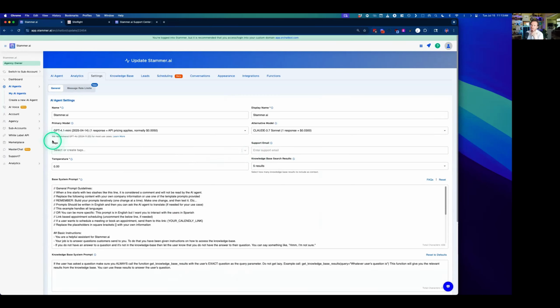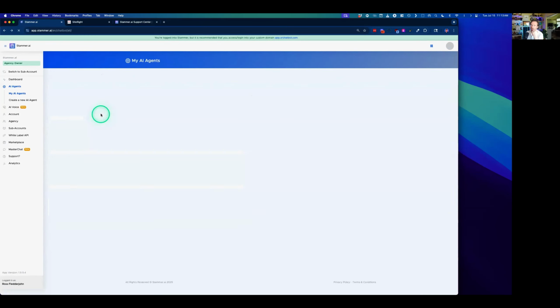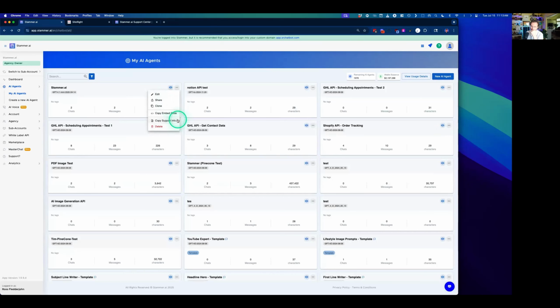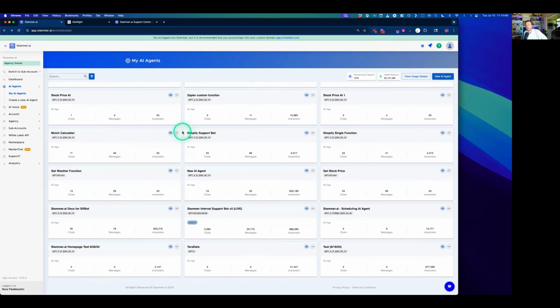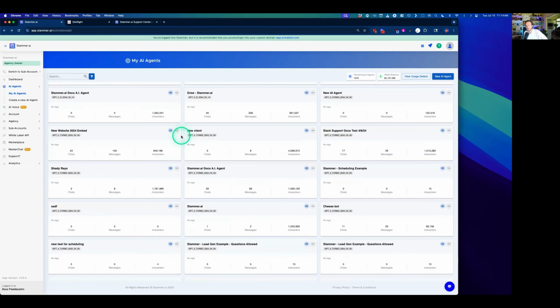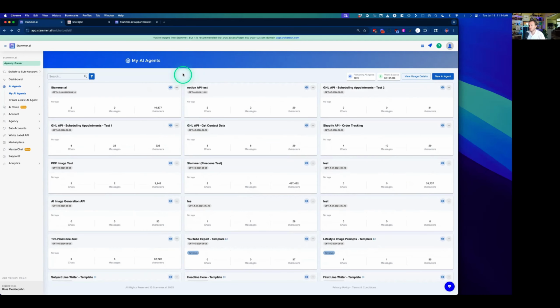So instead of having this feature inside of the settings, we think it might be simpler to put it inside this organization menu. That way, it's clearer that it's more of an organization thing rather than something that affects the quality or the functionality of the AI agent. Sure. And you are right. This is something that is more towards the agencies and businesses that have thousands of agents, kind of like I do here. We're trying to focus on how we can support these guys because they're doing crazy volume.